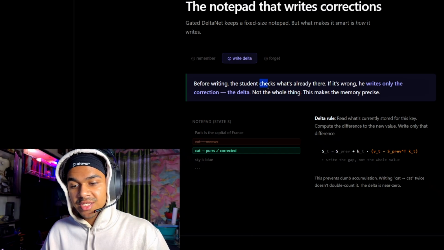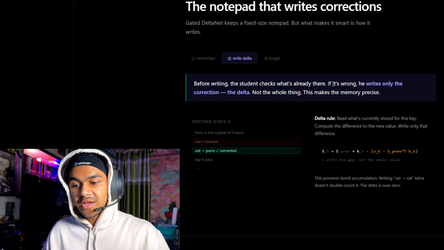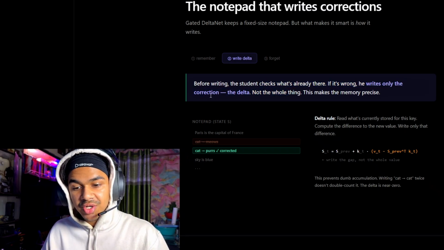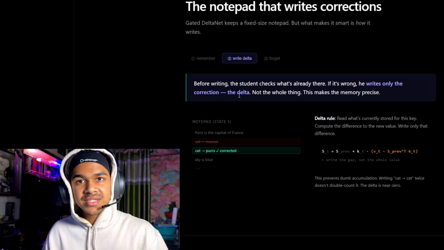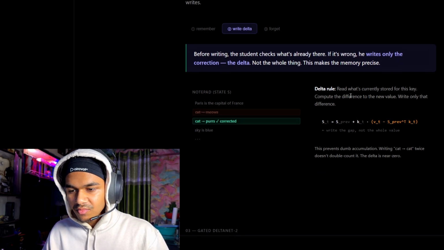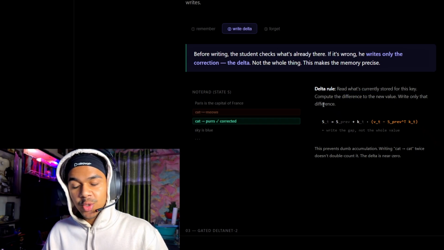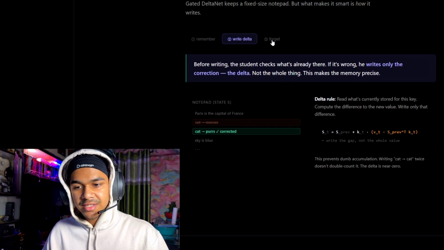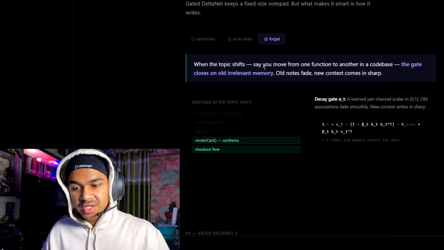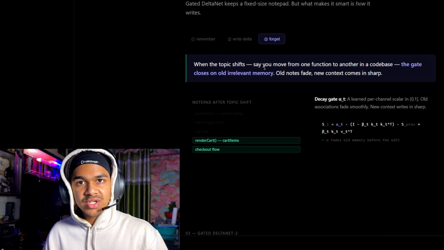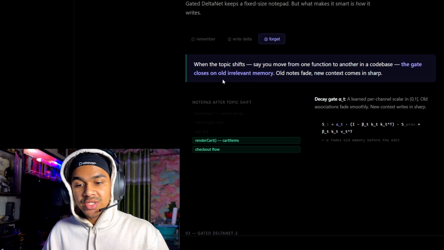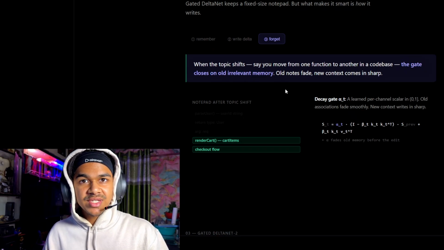Before writing, the student checks what's already there. If it's wrong, he writes only the correction, the delta, the difference, not the whole thing again. This makes the memory precise. Read what's currently stored for this key, compute the difference to the new value, write only that difference. That's it. When the topic shifts, say you move from one function to another function, the gate closes on old irrelevant memory. So let's say your physics exam is done,